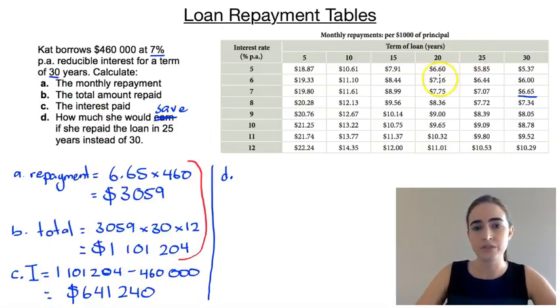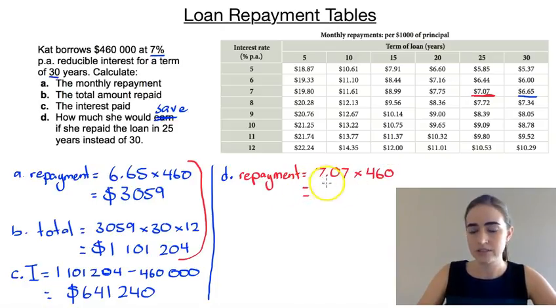So 25 years, we're still at 7%, so we're looking at this $7.07 per month per $1,000. So our repayment is going to be that $7.07 times 460. And that will give us $3,252.20 per month this time. So her monthly repayment is higher, but her total